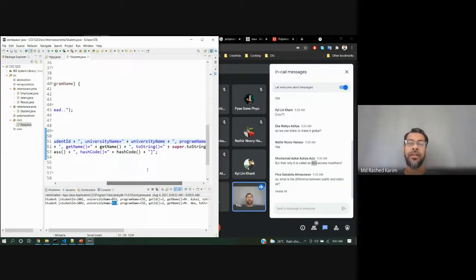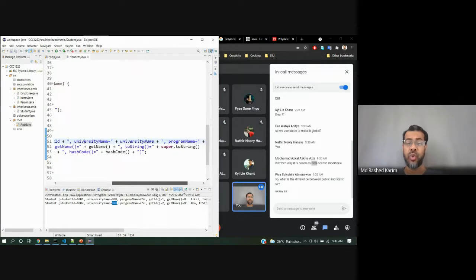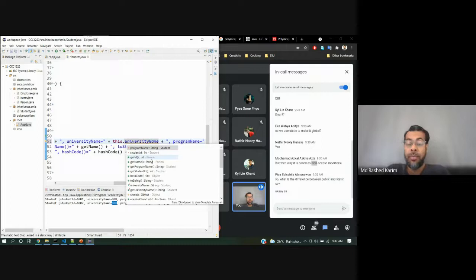Oh, if it is, because the university name is unique, because I'm not sending any variable here. That's why I didn't mention it here, but it should be. It's auto generated. So you can put this, or you cannot put this here. Okay, if you put this here, it will be a problem.